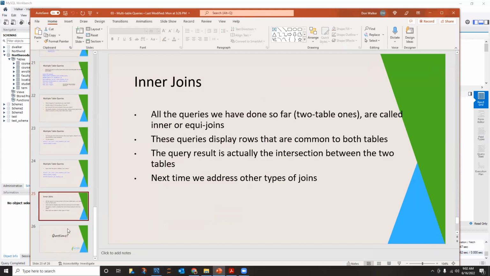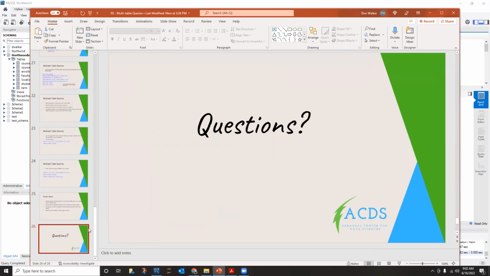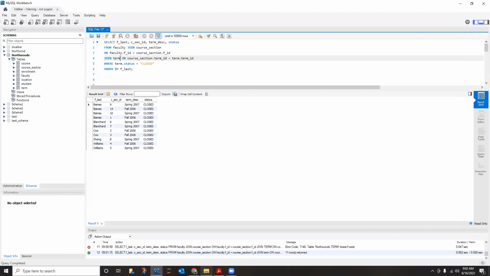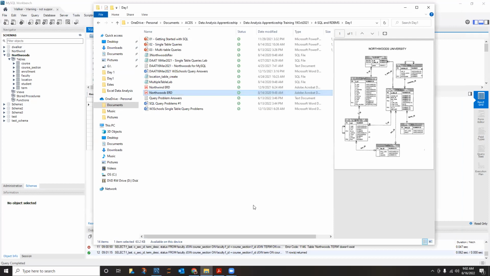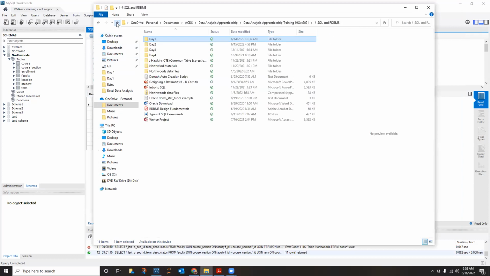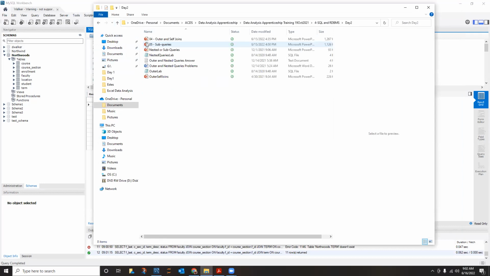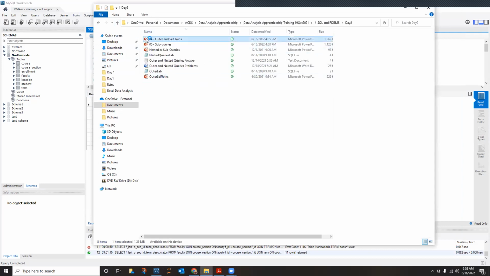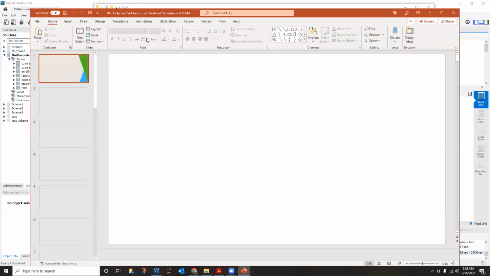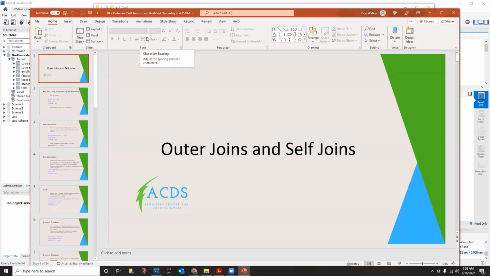So these have all been inner joins, which will be a little duplicative. In this next presentation, we're going to recover some ground, but we're going to move on to more complex joins. Everybody seeing that okay? Okay, so what we have,